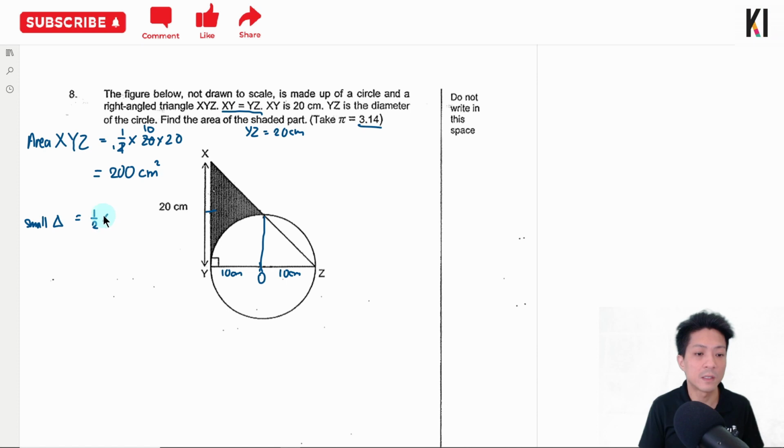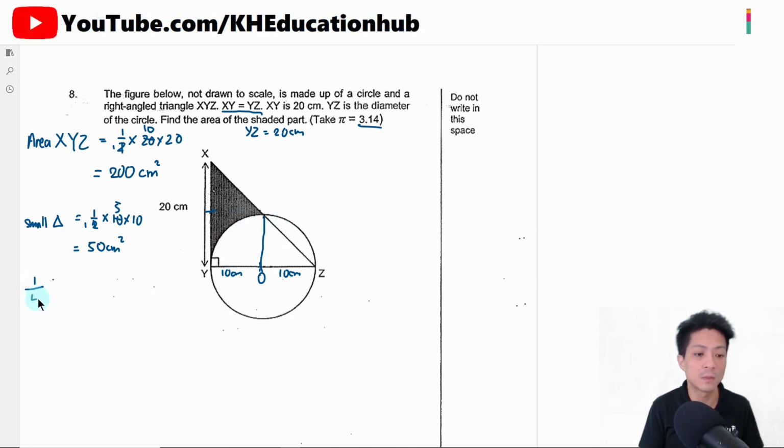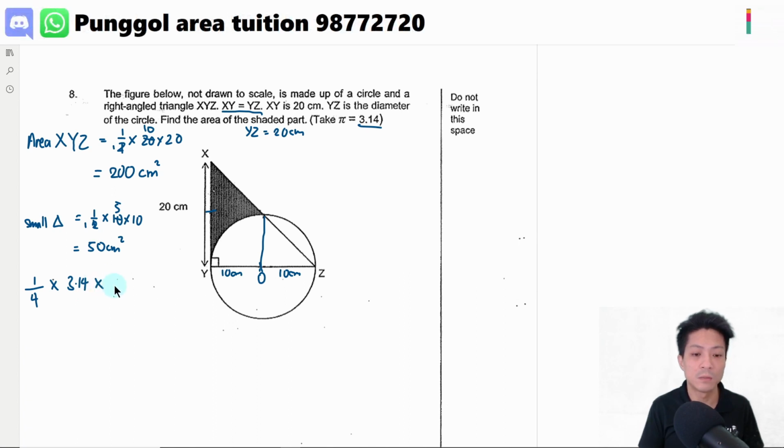It's going to be half times 10 times 10. Okay, 50 cm squared. Then next I'm going to find the area of this quarter circle, so it'll be one quarter times pi times r squared, which is 10 squared. This will give me